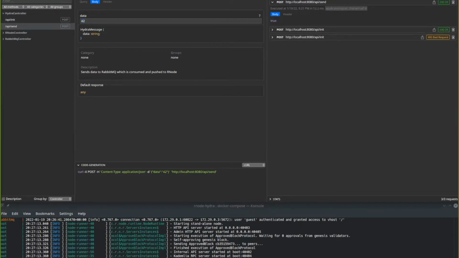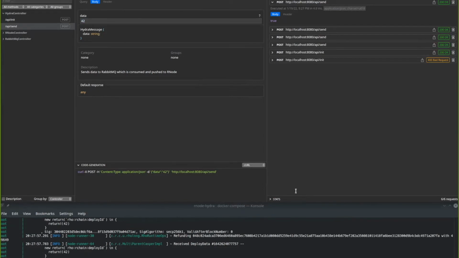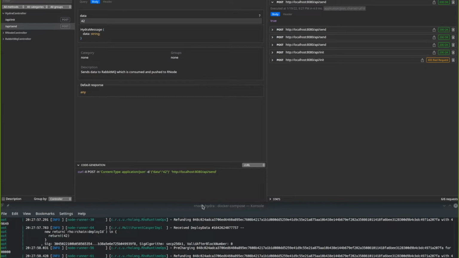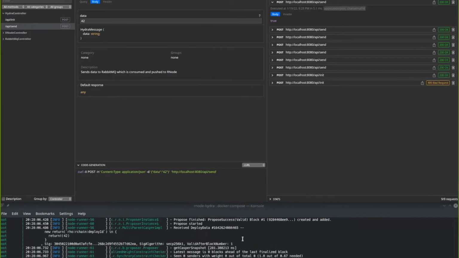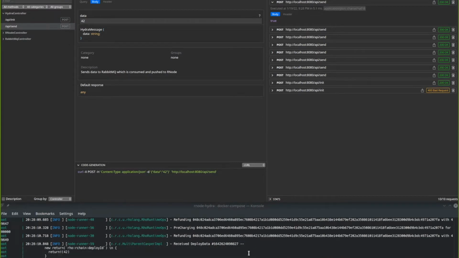So I will just push some of the data to RabbitMQ. Now we are seeing that the block is starting to be created. I will push a little more messages, and even more.